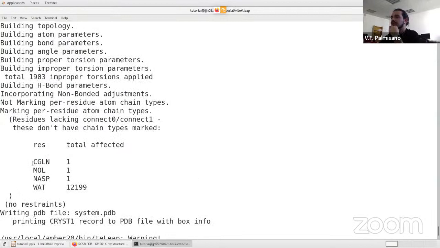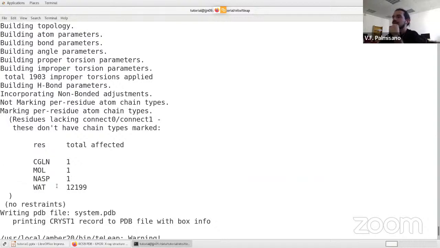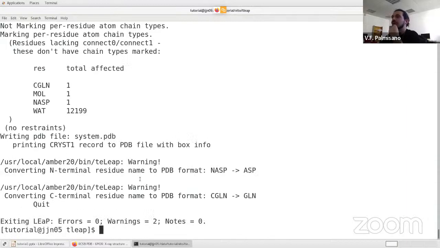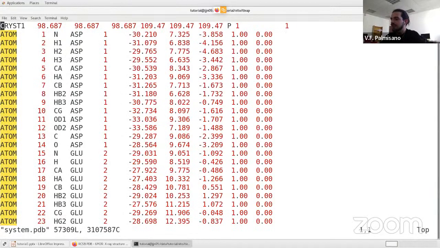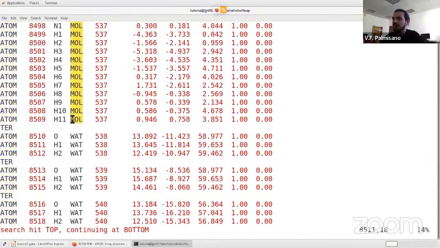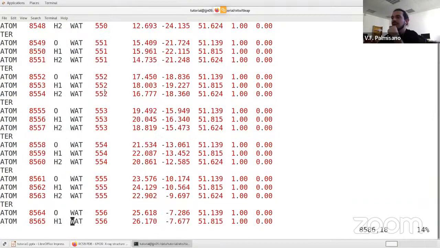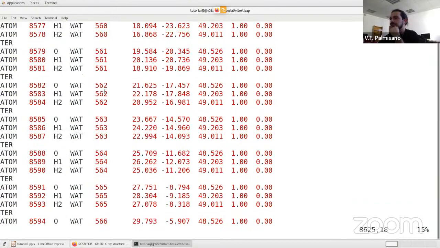And then it tells you we have this structure which goes from the C terminus of the residue to this one, with also our molecule and 12,000 residues. So in total it's quite a large structure, but I wanted to show you how to solvate a full protein with ligand and not only a ligand. So let's open the system.pdb. Now we have the full structure. If we want to search for our molecule, we do this. We see our molecule, and then we have all the different